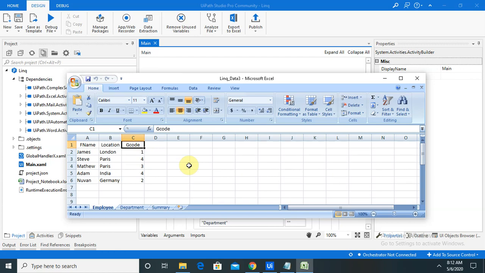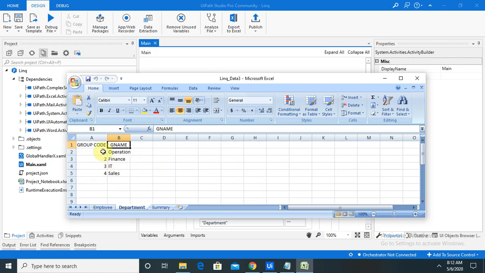In that scenario the HR team creates groups. In those groups they have merged several candidates or employees based on the frequency, or the number of counting of each group. The first group code is 1, that is for operation, second for finance, third is for IT and fourth for sales.